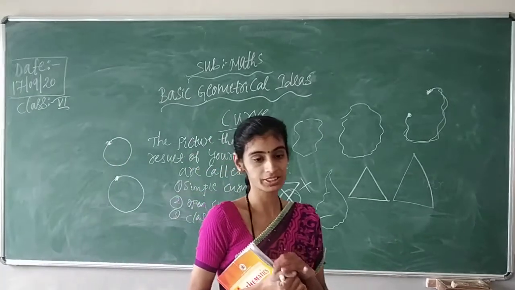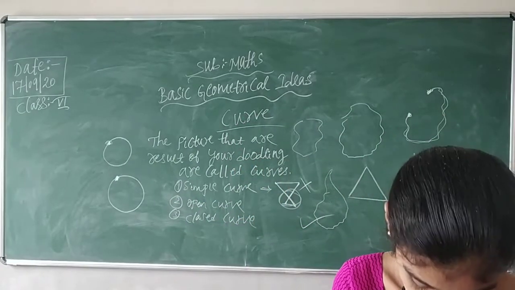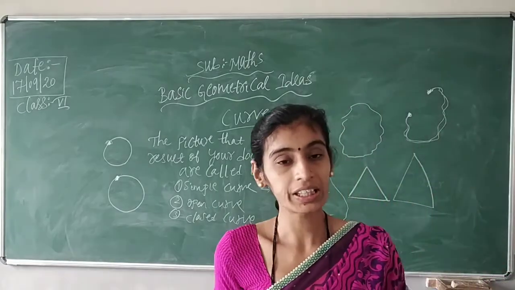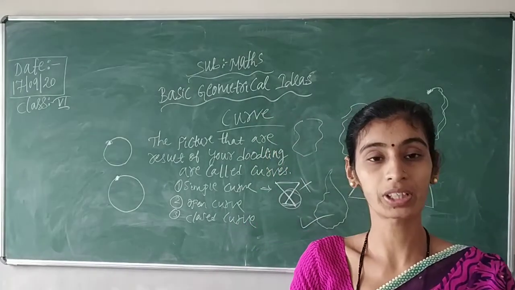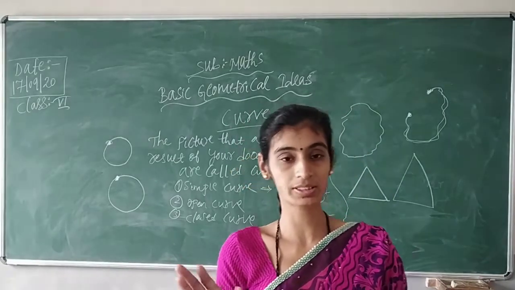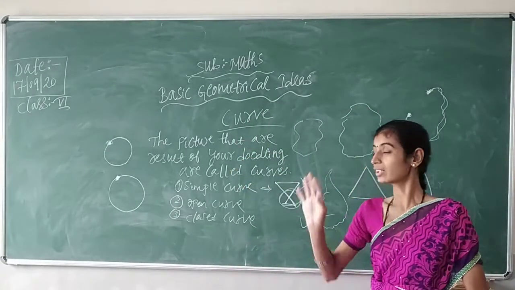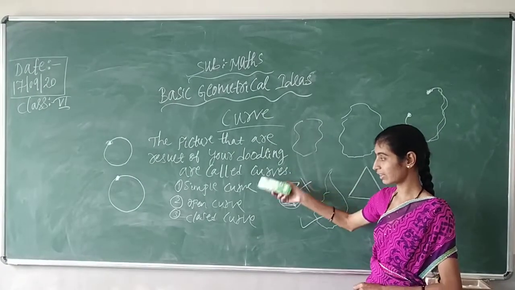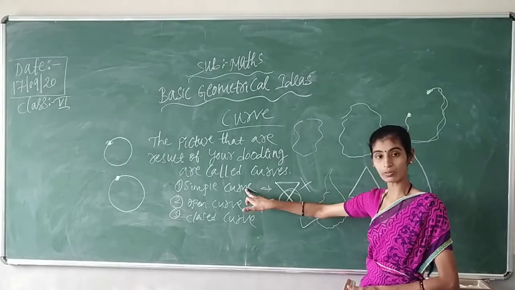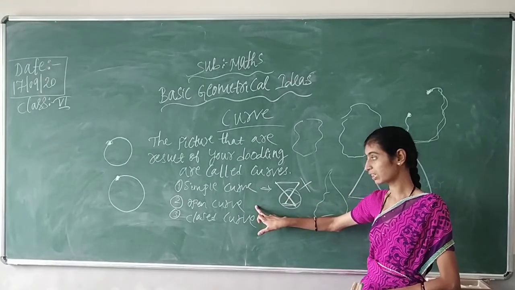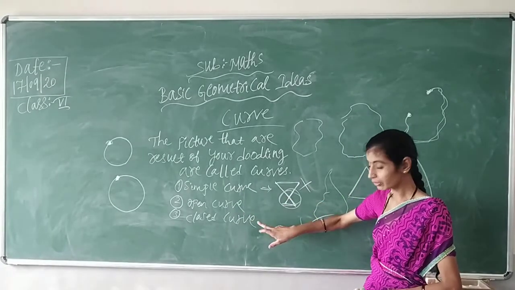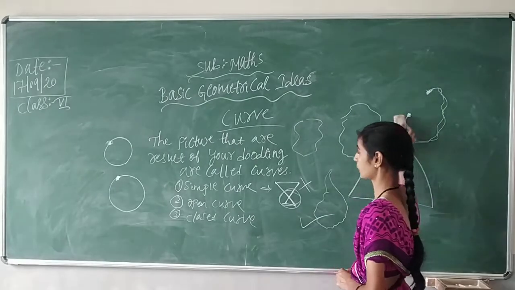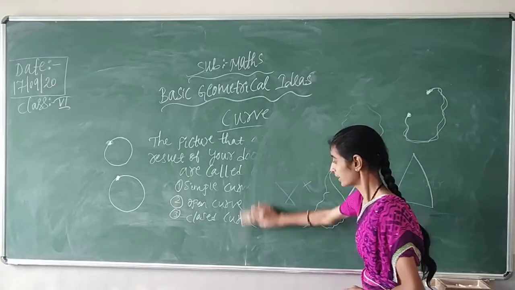Okay. Shall we move to the exercise, children? Please, page number 78, you have an exercise. Open your classwork, open your reader, pencil, pen, whatever you want to take, and you need to copy whatever I am giving. So please write this definition and these types, and draw one figure for simple curve, one figure for open curve, and one figure for closed curve. Okay, I hope you all will do. Right?